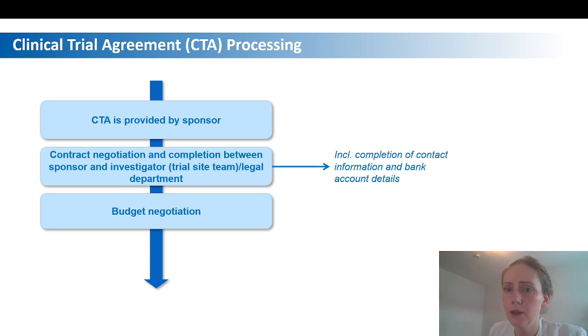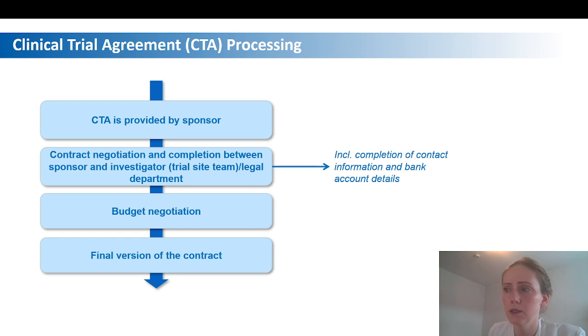This includes payments for trial procedures, subject recruitment, data collection, and other trial-related costs. Since the negotiations in general may take some time, it is important to start the process as early as possible to prevent any delay in trial start. After all negotiations and reviews are completed, the final version of the CTA is prepared and signed by authorized representatives